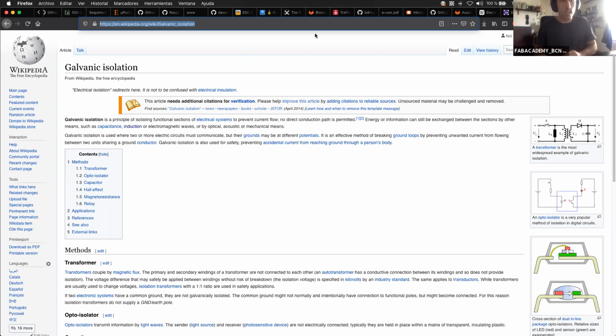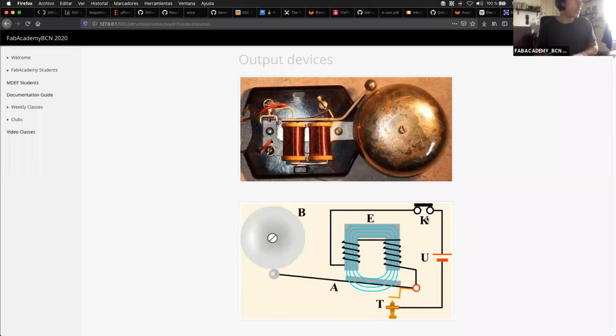In this case, what we call an optocoupler or an opto-isolator is basically doing a join between two circuits, but optically. For example, with light, as we said, with a phototransistor, which is basically a transistor that is activated by light, not by electricity, and an LED on the other side. And that's basically what you have inside